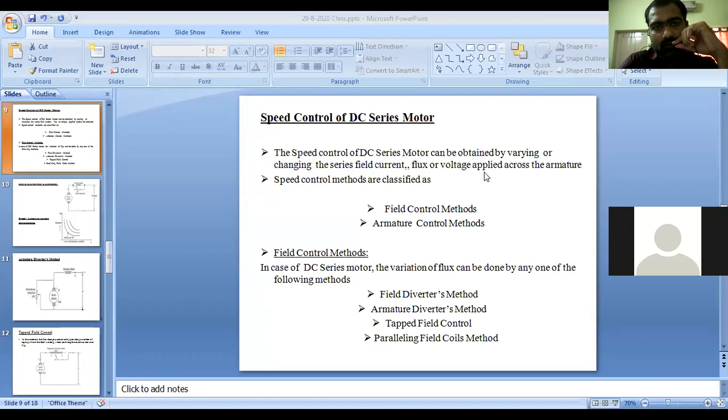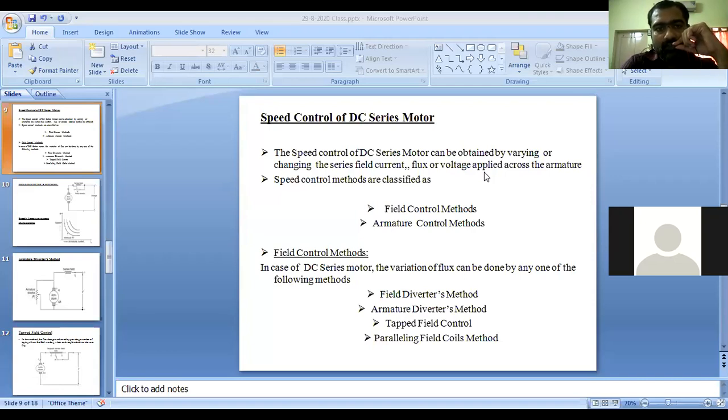Based upon the applications, what types of motors are you going to use for your purposes, whether domestic or industrial? Apart from that, we have studied the control of the speed of your motor, which we use on the industrial side.